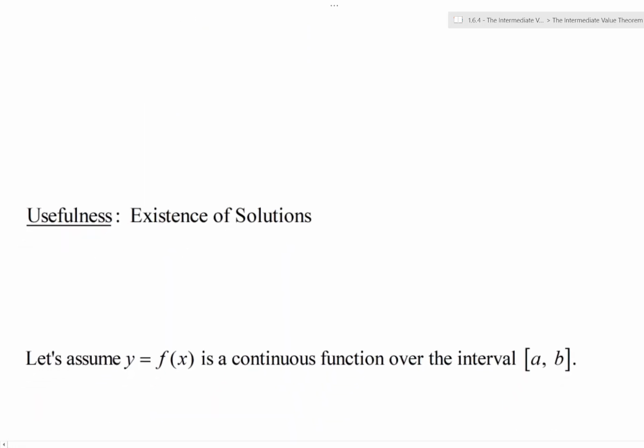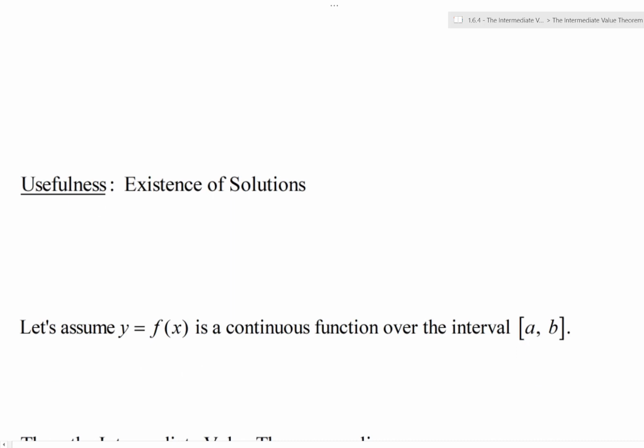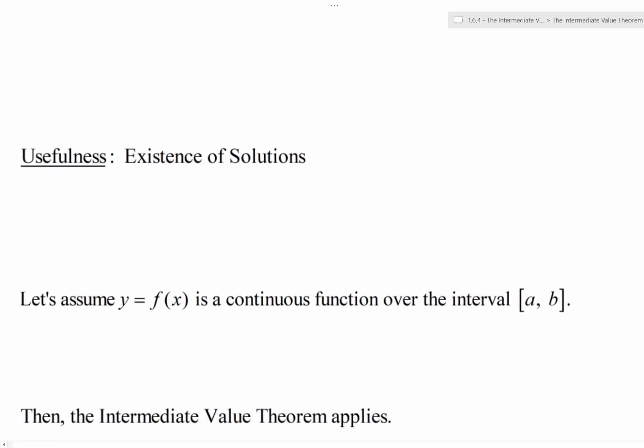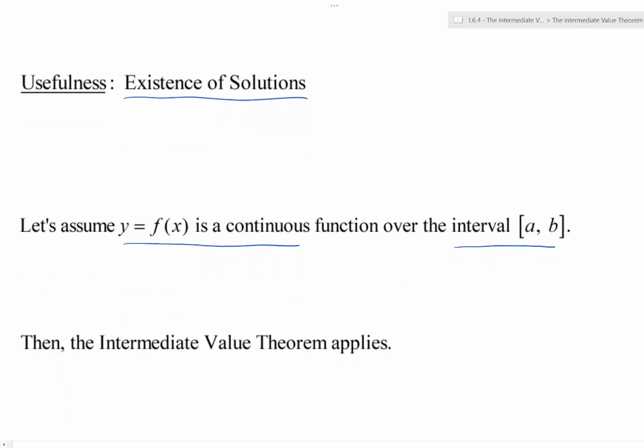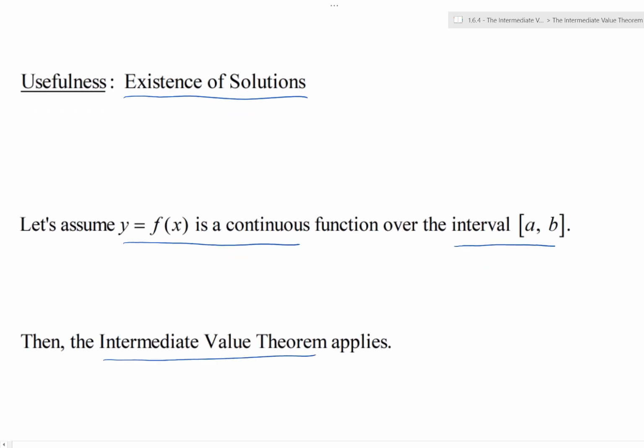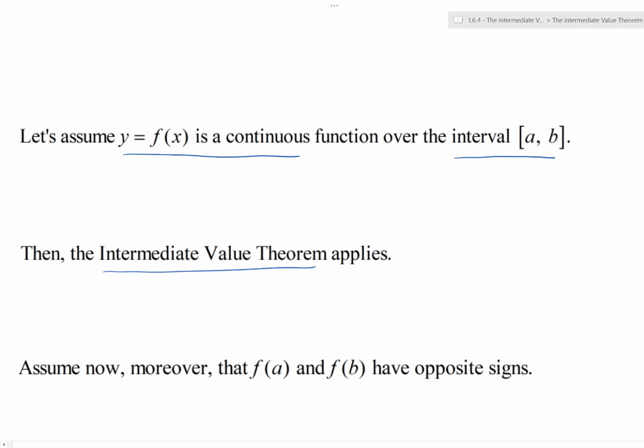Now, you may say, other than in theory, how can this be useful to us? Well, as we can see here, it helps us show existence of solutions in certain situations. So assuming again that f of x is a continuous function over the closed interval a to b, then of course that's what we need in order for the intermediate value theorem here to apply. And so the theorem applies. But now, moreover, let's